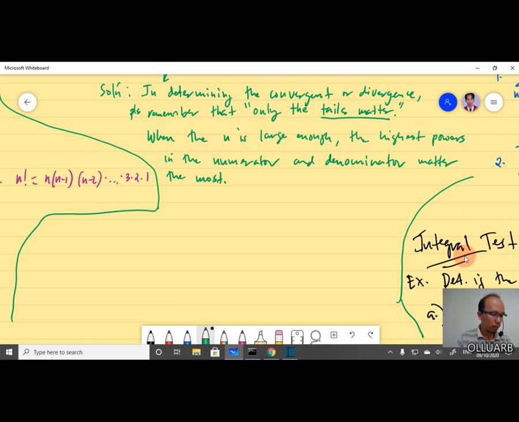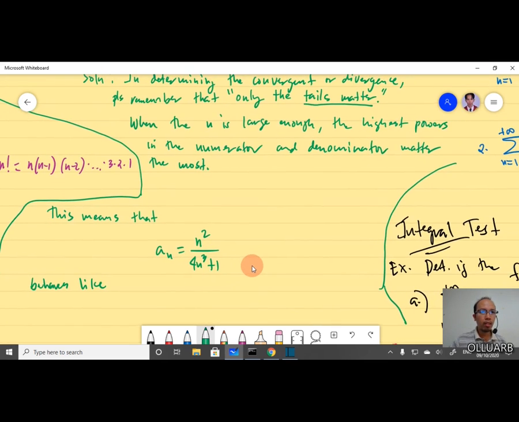So this means that a sub n, our a sub n, which is n squared over 4n cubed plus 1, behaves like... So I've said that here the highest powers in the numerator and denominator